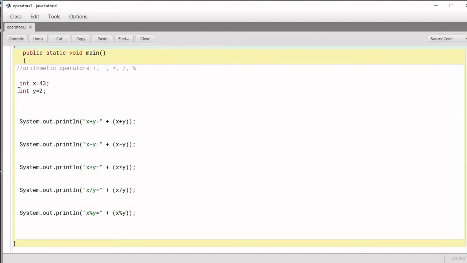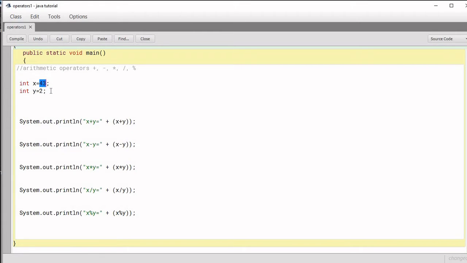Now we come to assignment operators, which are very simple. You can see that we have used the assignment operator here. The assignment operator is not an equality operator. The sign of the assignment operator is this, but it is not for checking equality. It is to assign one value to a variable. On the left hand side we have to keep a variable. It must be a variable so that it can hold the value that we are going to supply. On the right hand side you can put anything, like a constant.